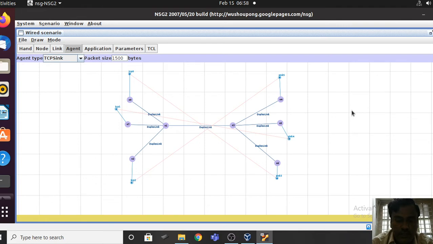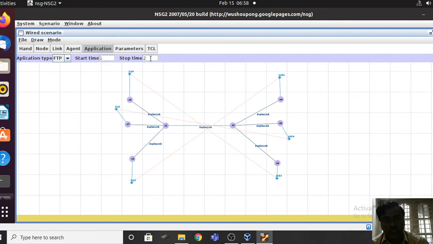After this you have to go to the application and add the applications. For the first agent I am taking the start and stop time as 1 and 2, and for the next agent I can take different stop times.